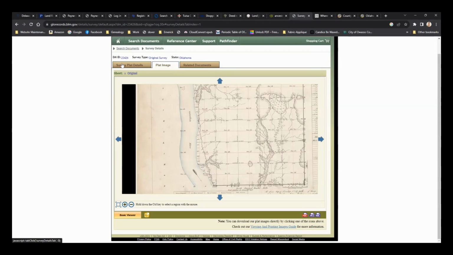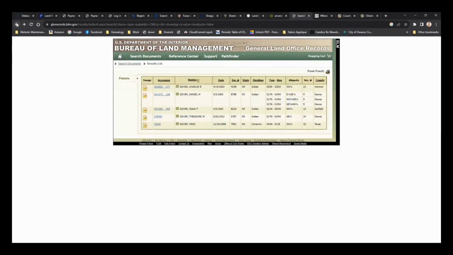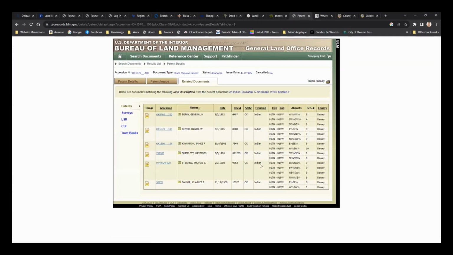And the other thing is it also shows, let's go back to the original one. Related documents. So these are other people in that same area that I can check out and see their information.